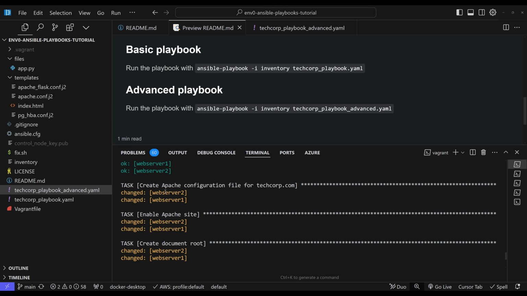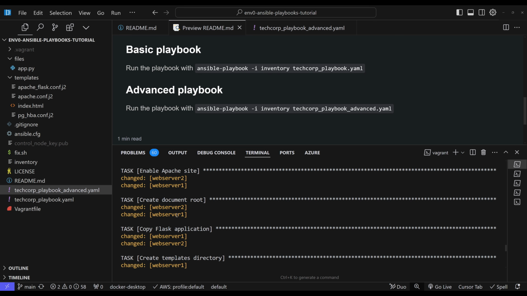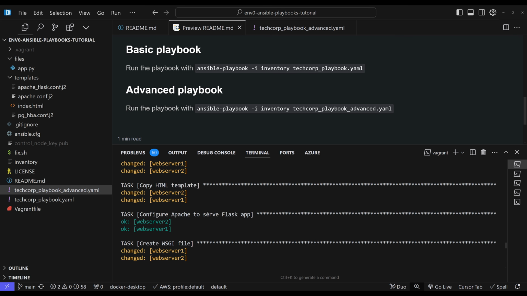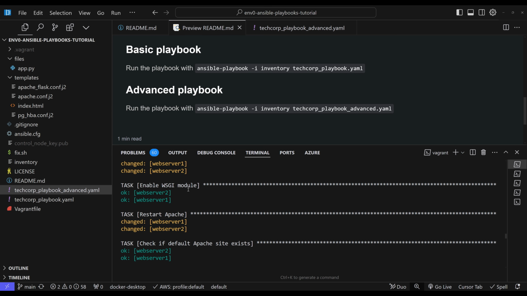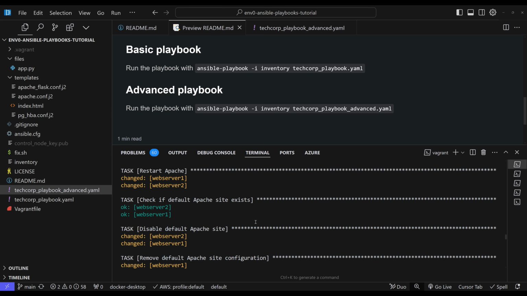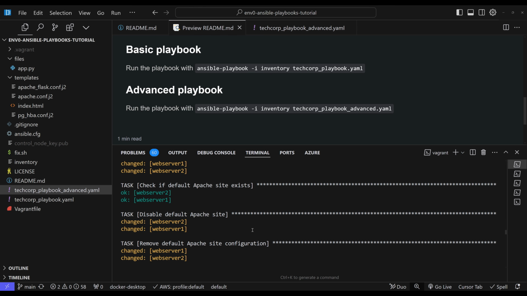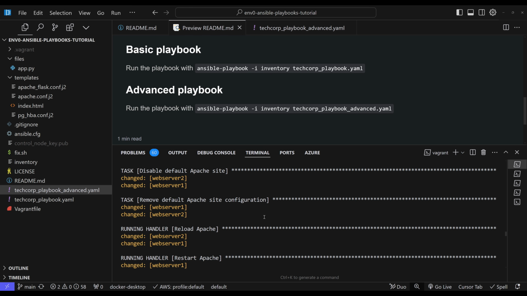As we can see, we're running the Apache configuration files, updating that, creating that, enabling the Apache site, creating a document root, copying the Flask application, creating a templates directory, copying an HTML template, configuring Apache to serve Flask, creating a WSGI file on both web servers. You can see this is happening in parallel, enabling the WSGI module, restarting Apache, checking if the default Apache site exists, disabling the default Apache site, removing the default Apache site config, and then we have our handlers reloading Apache